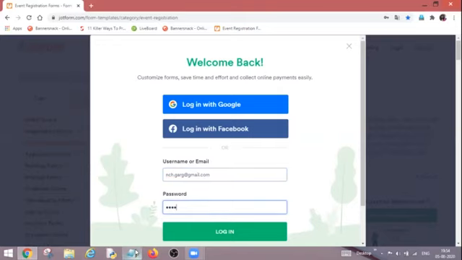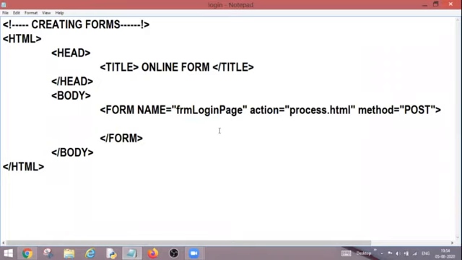So let's move on. This is the page which we created last time. This is my login.html, and we added a form over there. The name of the form is login page form. One attribute is by the name action, and this is my processing page, which is going to have access to this login page form. And the method we are using is post. I will be telling you the difference between get and post also today.